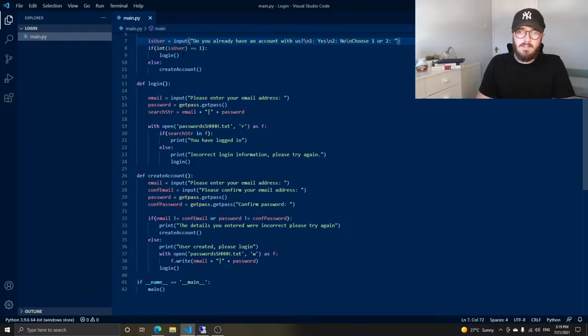If they do have an account, which is 1, then we'll ask them to log in and enter their email address. And then getPass is a password secure input system, so you cannot see what the user is typing. We'll then create our search string, because this is how we store the data in a text file. We'll look through our text file and we will then say they have logged in or incorrect details and loop